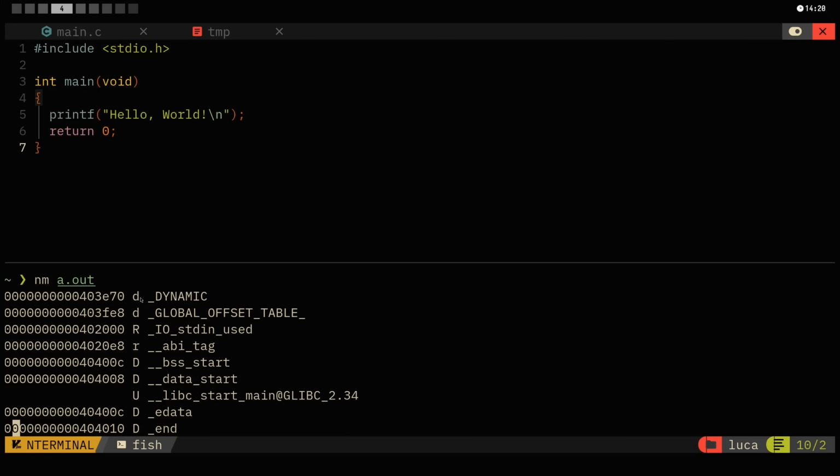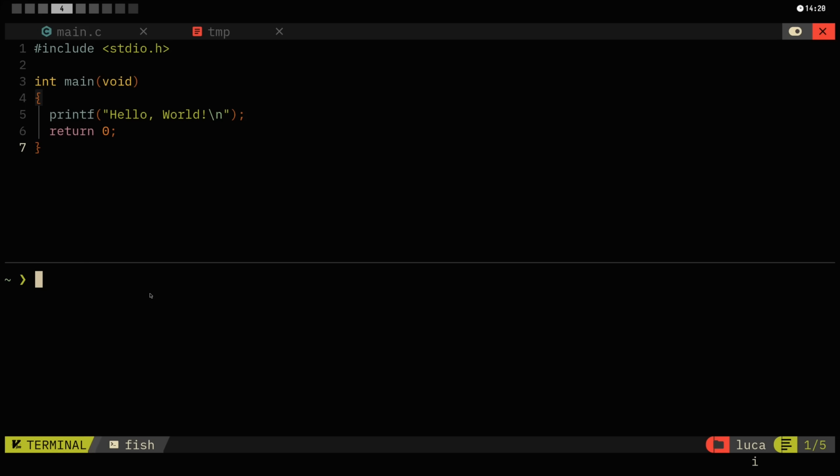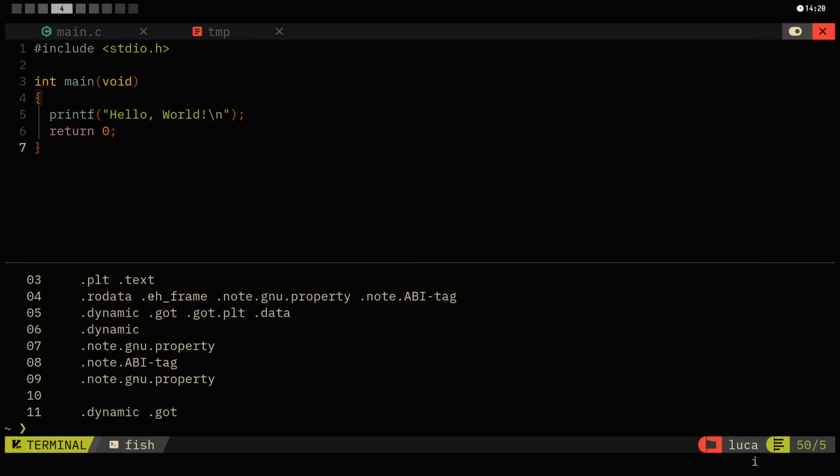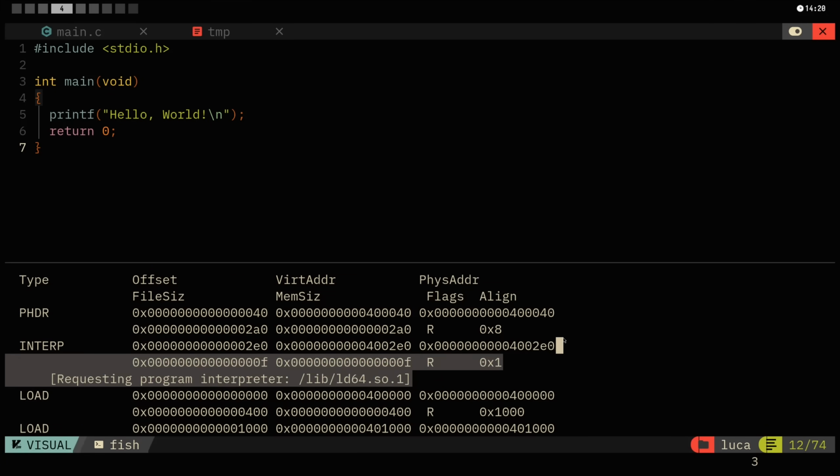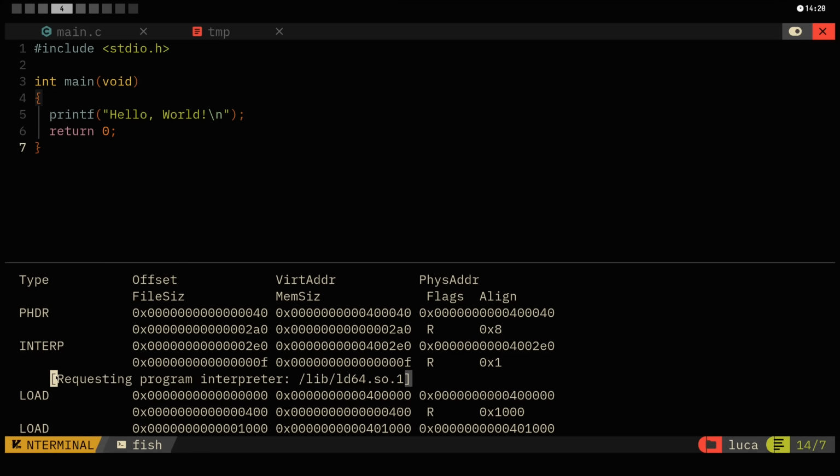Okay, but this should work. It should resolve libc. Even though it's dynamically linked, I have libc, this should normally work. So I went further and I inspected the ELF. So readelf -l a.out, and this will basically give us the ELF headers. And in here, we can see something very specific. This immediately stands out. It's even giving us a string requesting program interpreter